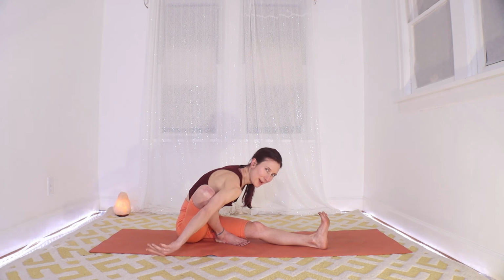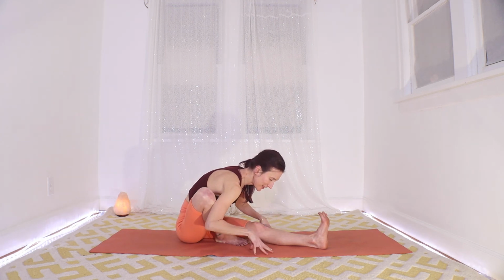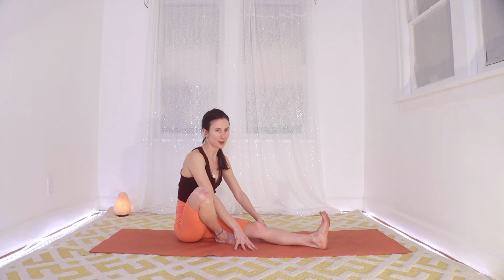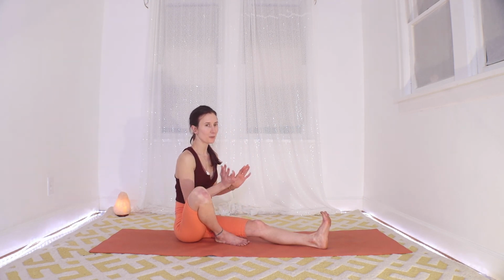Take your time unwrapping yourself from this. Fingertips back on the floor. Walk your hands back in by your hips. And then rock your weight over onto the left hip now, okay? Tucking that right foot back by your right hip, okay? Finding a half hero pose, okay? Ardha Virasana,